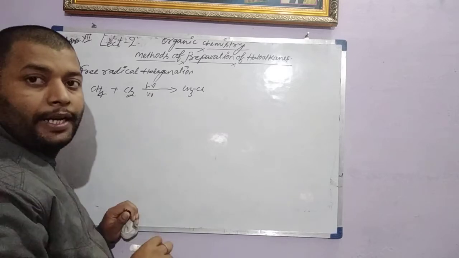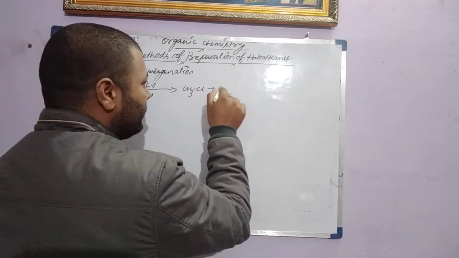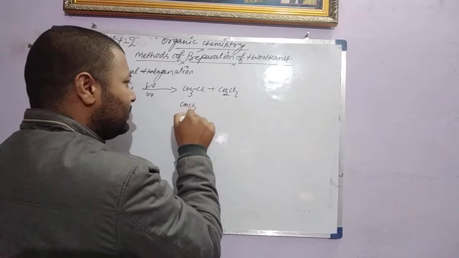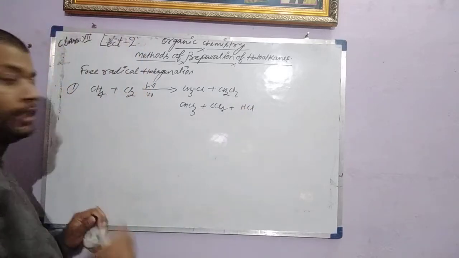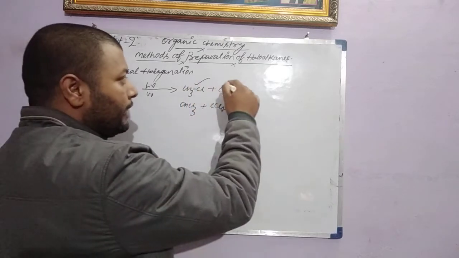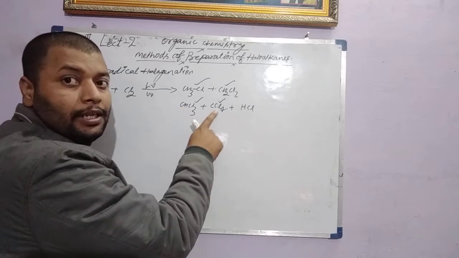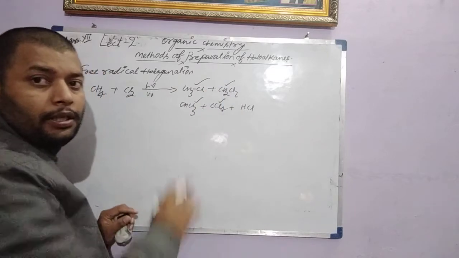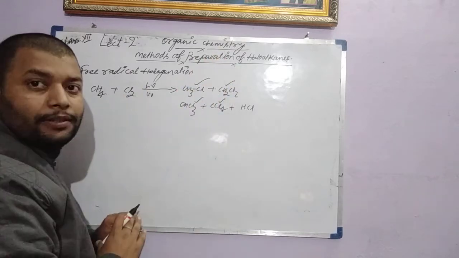At the same time, you also learned in class 11th that CH4 with Cl2 forms a mixture of products: CH2Cl2, CHCl3, CCl4 and HCl. So with chlorine, methane gas can form chloromethane, dichloromethane, trichloromethane, commonly known as chloroform, and tetrachloromethane, called carbon tetrachloride. The reaction proceeds through a free radical mechanism, so it is called free radical halogenation.